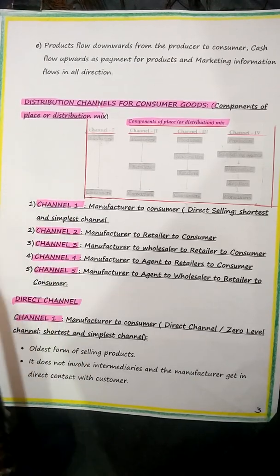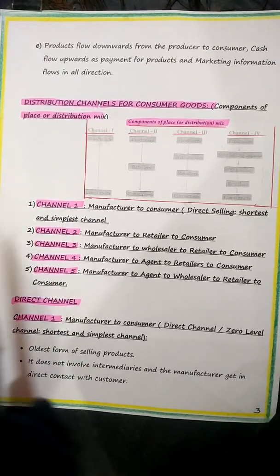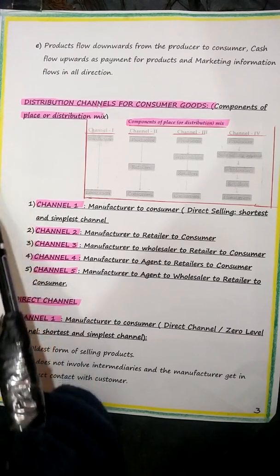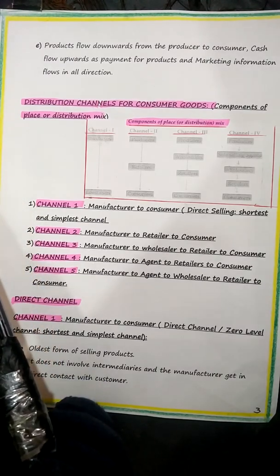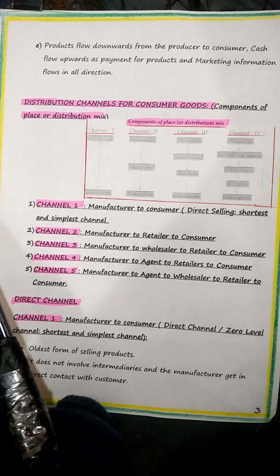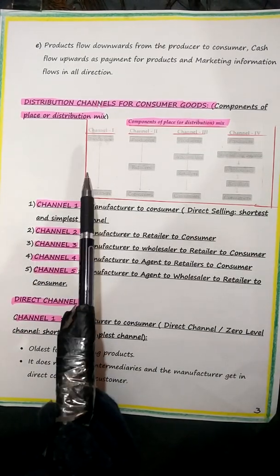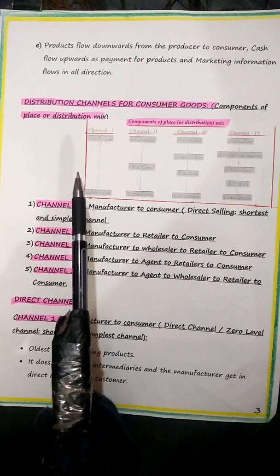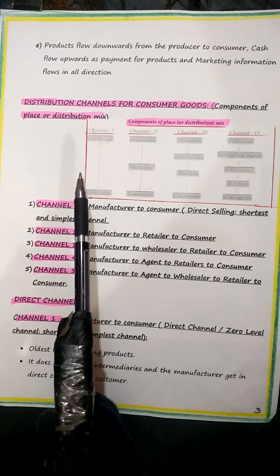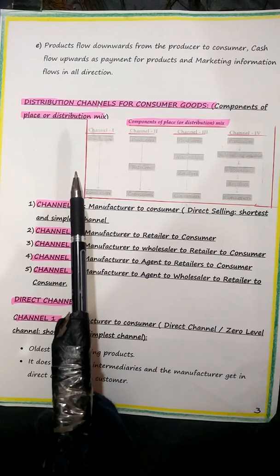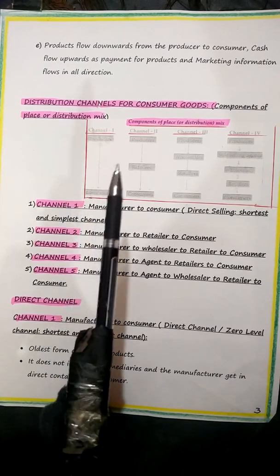Now, what are the levels? You must understand, children. So, wholesalers, you know wholesalers. Wholesalers sell large quantities of goods at low price to retailers. Who are retailers? Retailers are those who sell the goods to the consumers in small quantities. Who are agents? Agents are people who act on behalf of another person or company for commission.